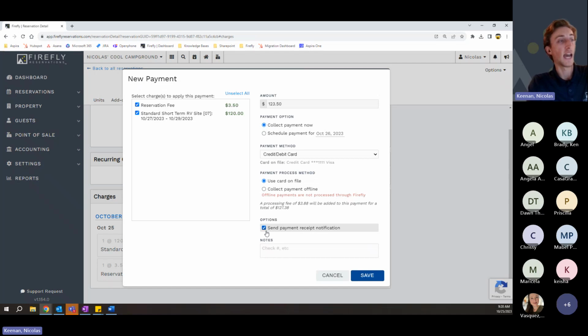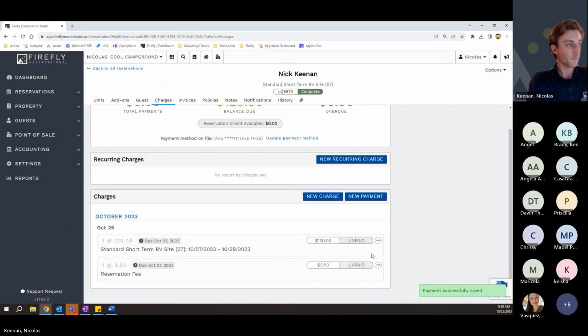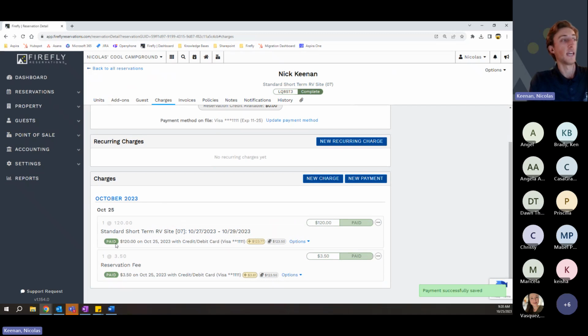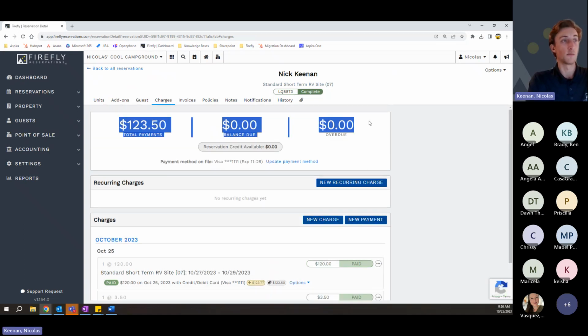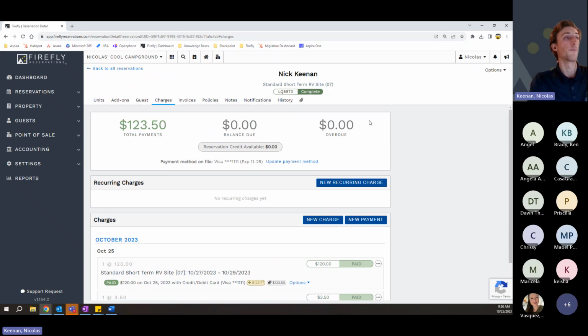And then I have the option to not send them a payment receipt notification. I'm going to send them one, and then I can add any notes to this transaction as well. If I'm all ready, once I hit save, that's going to then initiate the processor to charge the card. Once I hit save, you'll see everything will update to paid. It will list out the amount, the date, as well as the card that was used, and the totals as well. And then these numbers up here will also reflect